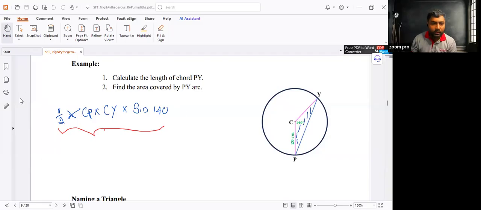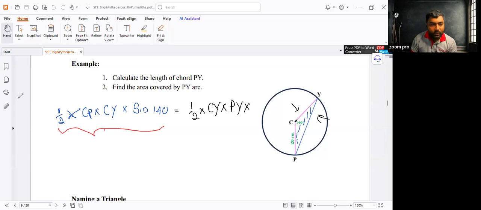Then I'm going to equate this one again to half into, then I'm going to choose these two sides, that means CY side and PY side. Half into CY into PY into